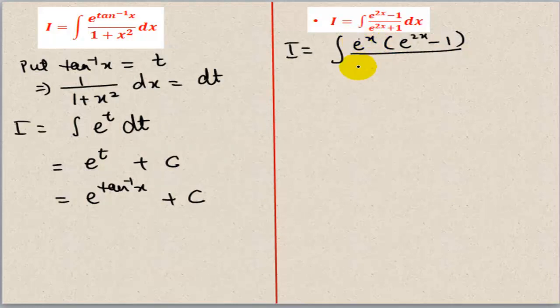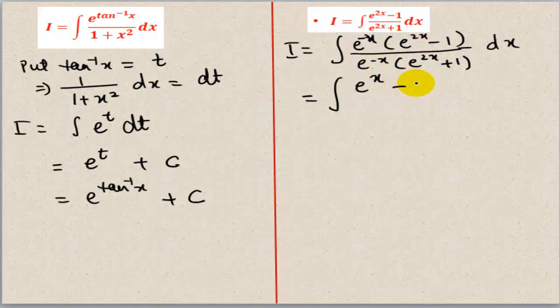In case you have taken e to the power x, I will be using it with the denominator, and the one we'll write here, that will be used with the numerator. So to make our work easy, let us multiply and divide the expression with e to the power minus x. Let us see how it helps us in using method of substitution here. Now when we multiply e to the power minus x with the entire term in the numerator, the first one reduces to e to the power x and the later one e to the power minus x.